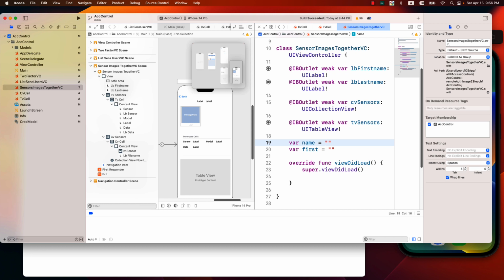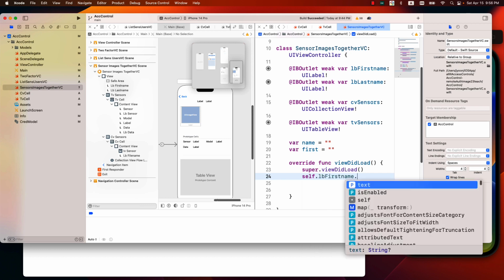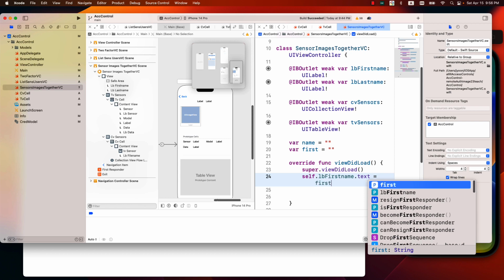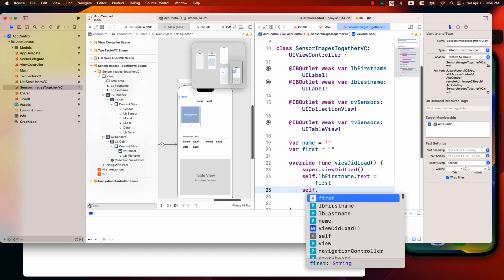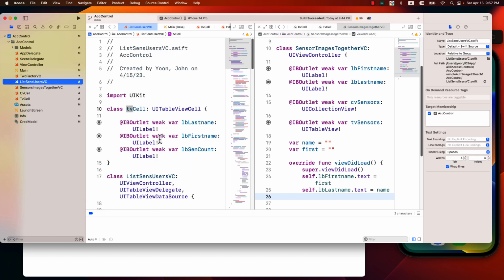We can define this. And then when these two values are passed from the previous view controller, then we need to populate here. self.lbFirstName.text, into it we put first, and then self.lbLastName.text, into it, I think name goes into it. Okay. And here, so from this code,